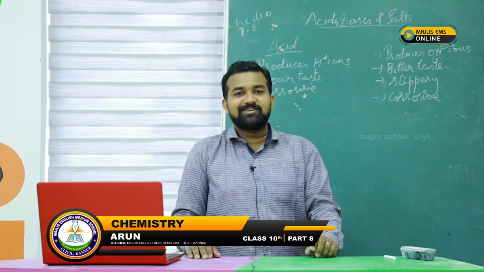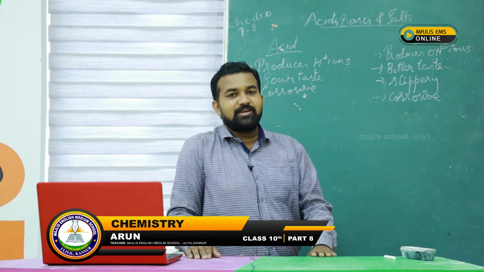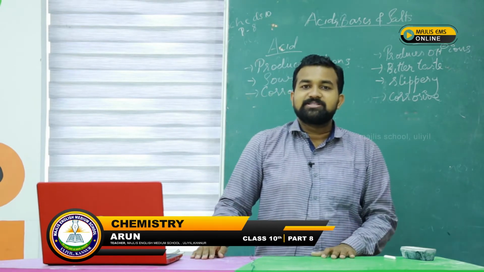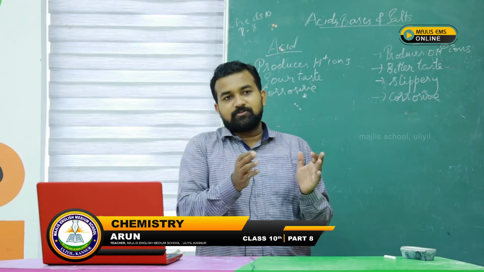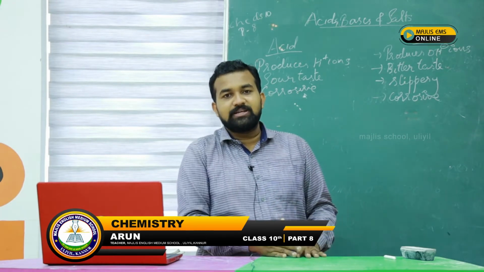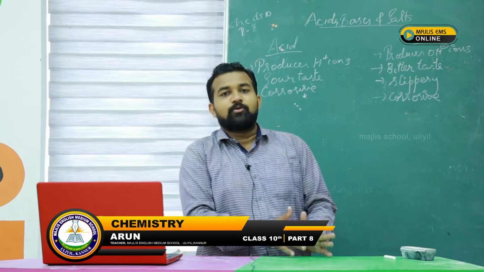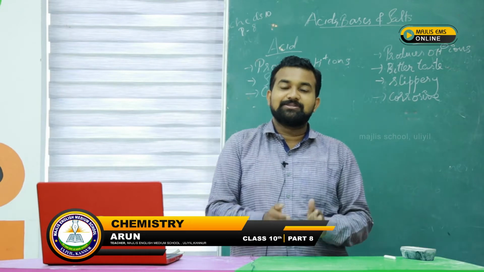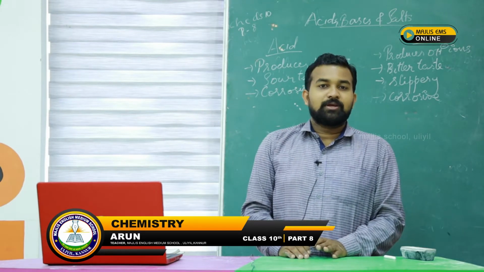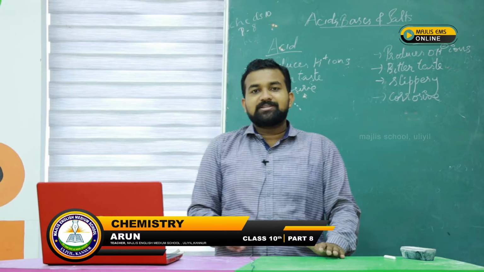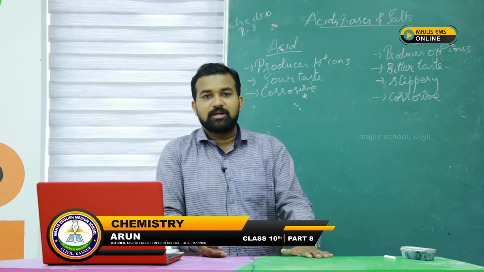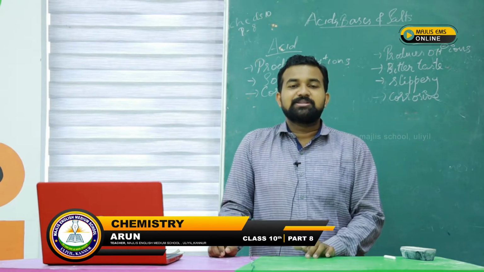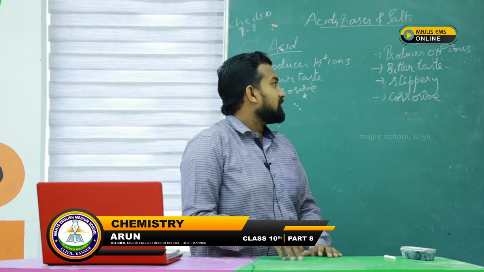So today we will be discussing the chapter in chemistry, acids, bases and salts. In this chapter we will be studying different types of acids, their characteristics, their properties, their reactions, and also that of bases, different types of bases, their properties, their activity, or their reactivities. And also another type, that is salts. What are the different common salts which we use in our day to day life? So these are the things which we will be going to discuss in this chapter.